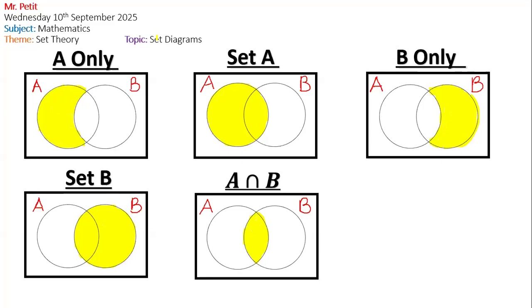Yes, sir. Okay. What's the difference between set A and A only? The difference is that set A goes into the intersection and A only isn't. Very good. How does the drawing look? I'm still trying to draw these. Very hard. Okay, try your best. All right, so next we have